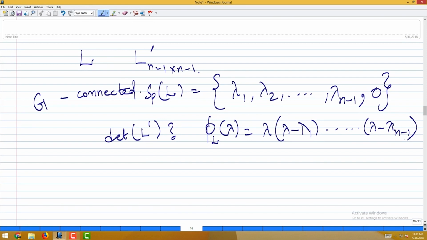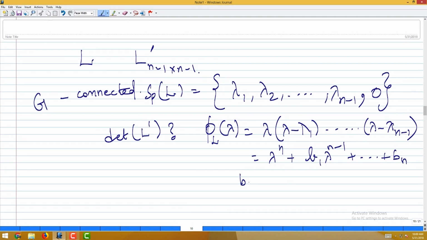If I expand this, we have already seen these concepts, how the coefficients of a characteristic polynomial will be. Not only for adjacency matrix, I said it is true for any matrix. The coefficients of the characteristic polynomial have a very particular pattern. What is that pattern? Yes, they are sum of the principal minors of order k. Suppose I am looking at any kth coefficient, if I write this as b n lambda power n minus 1 and so on,